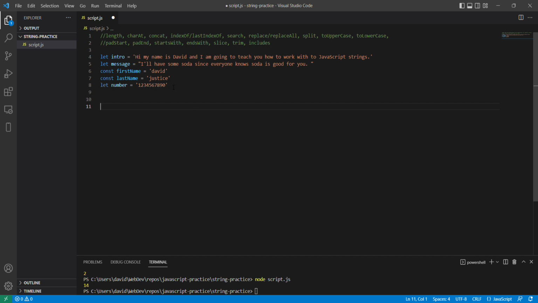But let's just say I had this stupid sentence right here in this message variable. It says, I'll have some soda since everyone knows soda is good for you. And that's not true. So what I want to do is actually change all these soda words in here into water. So what I can do is, again, you could assign this to a variable. So I could say let new message equal